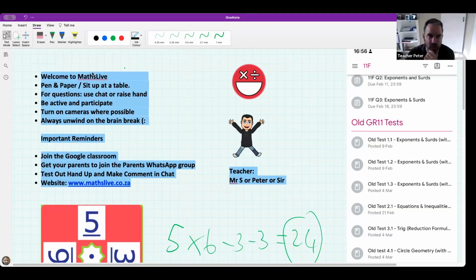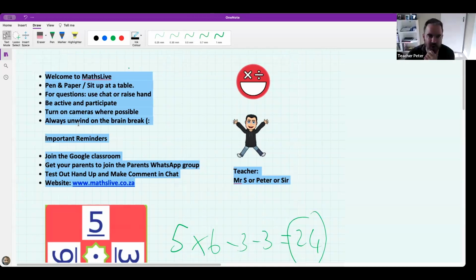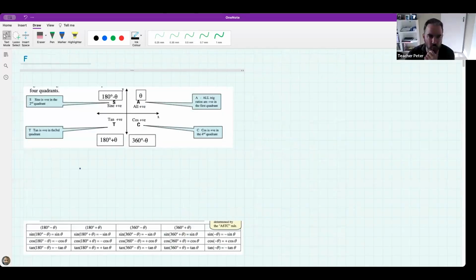If we go to what we've been learning about, what are we going to learn about today? We're going to practice what's called the reduction. We are going to extend that to co-ratios. So just a reminder, what have we been doing lately? Look, we've basically been using what's called the CAST diagram to be able to reduce things like, let's say, the